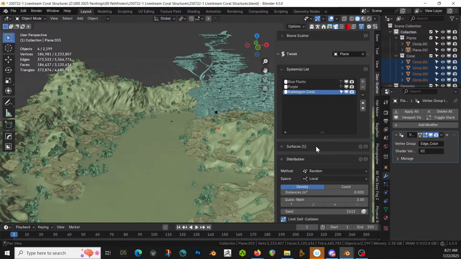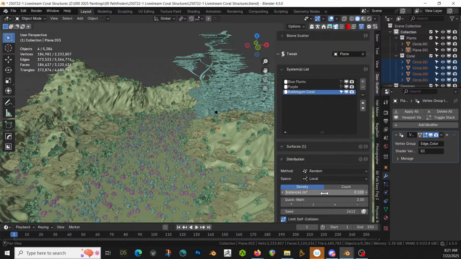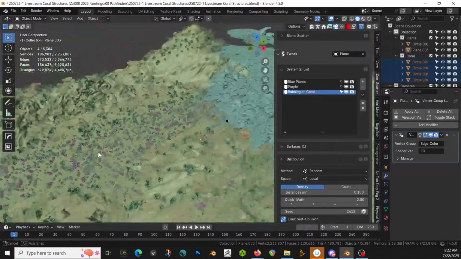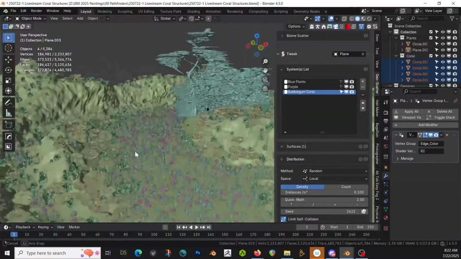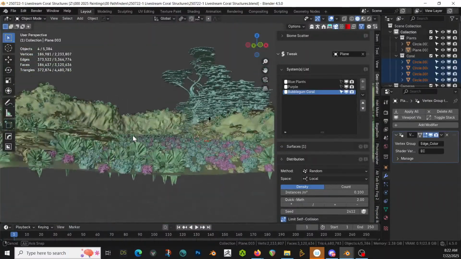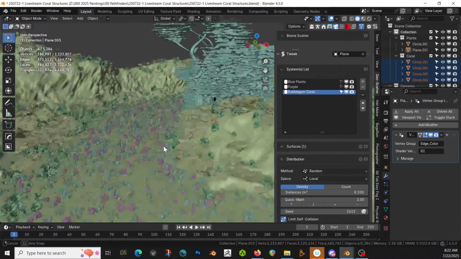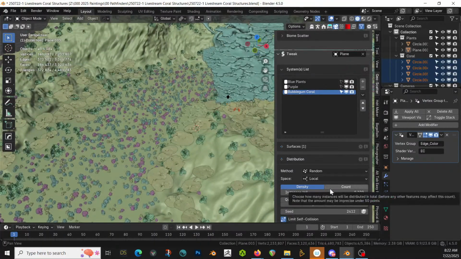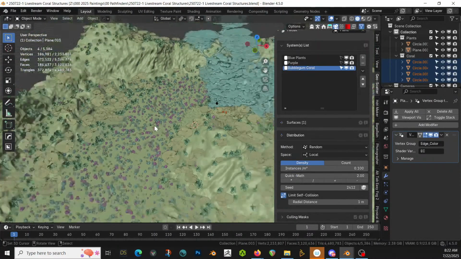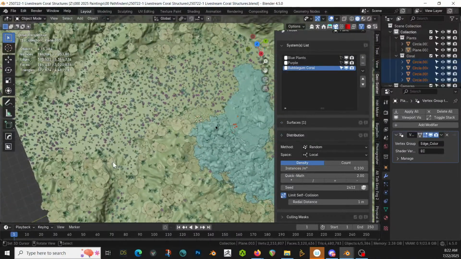And distribution instances 0.1 all the way down the center. So that's giving us the center stuff if we want it. So having coral going down there. Do we want that? I think we do, but I also think I want